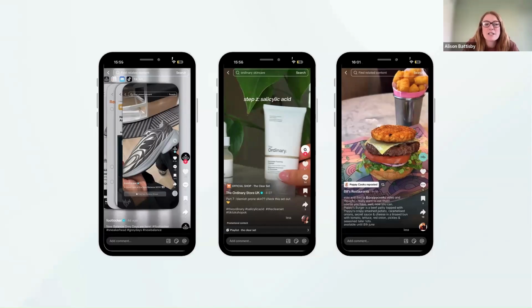They really understand the fact that a lot of the trainer community and sneaker lovers do search for product names and brands. So every single video that they create has very clear keywords and hashtags within the caption. The Ordinary, the beauty brand, know that a lot of people will be searching for specific ingredients. They're all about the ingredients that are going into the products and they put them front and center on the packaging. So therefore, those ingredients are also front and center in terms of the hashtags and keywords used in the